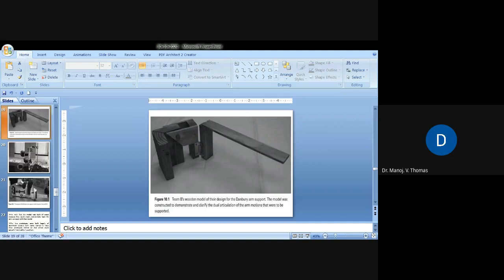So here, what is the idea? What is the focus? What is the parameter which decides what it should be made of? What is the intent of this model? This model is just to show the arm motions. So this wood is enough. And if you have expertise in wood, you can construct using wood. If you want to use any other material, that is also okay. You can use aluminum or anything. That is fine. So it is your choice, isn't it?